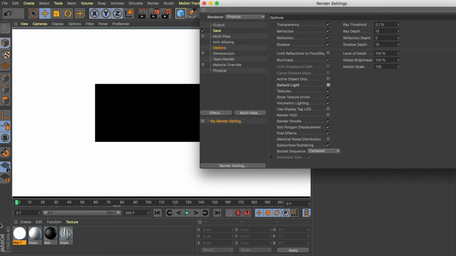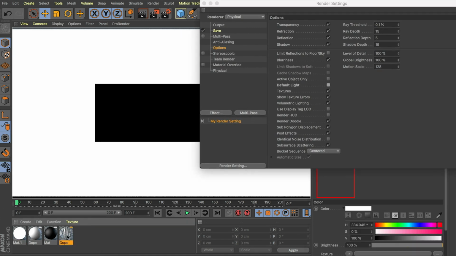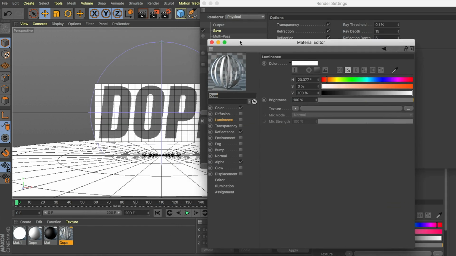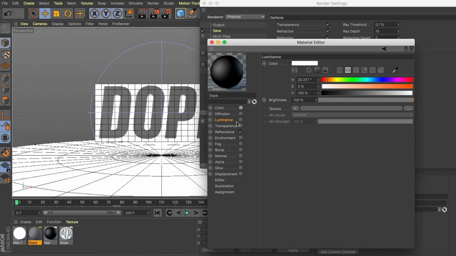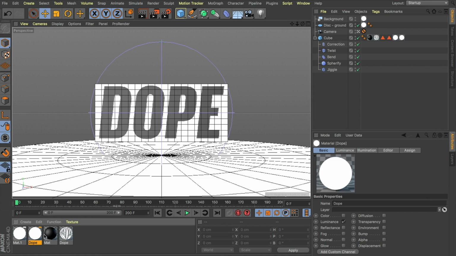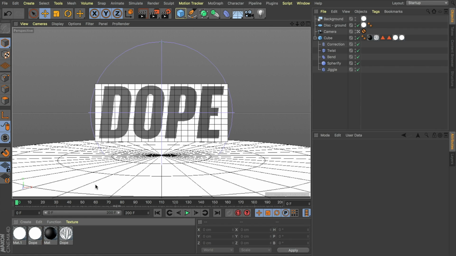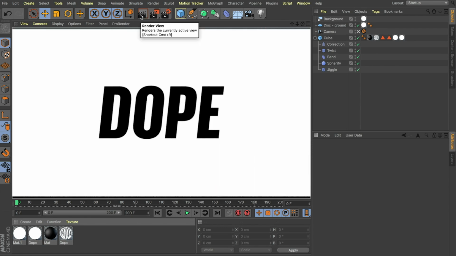And the reason for that is I didn't want to use global illumination for this render. I wanted it to be nice and quick. So although we've been working in the color channel, I'm going to disable that and enable our luminance channel for both our top layer mask and also just those side caps as well. So we really didn't need the extra luminance texture for our background and ground there, but that's all right. Let's hit render again. Perfect. Our text is now showing up nice and crispy.